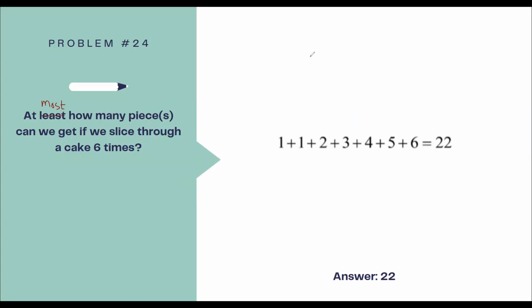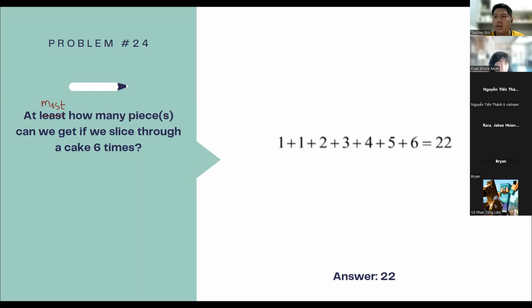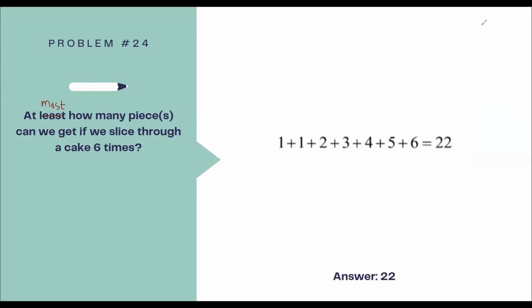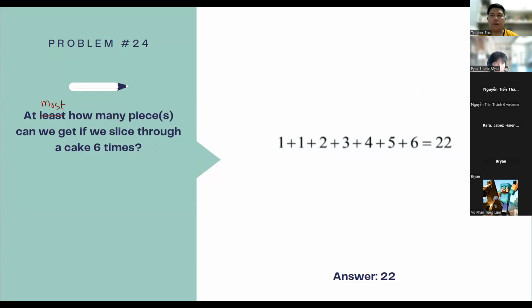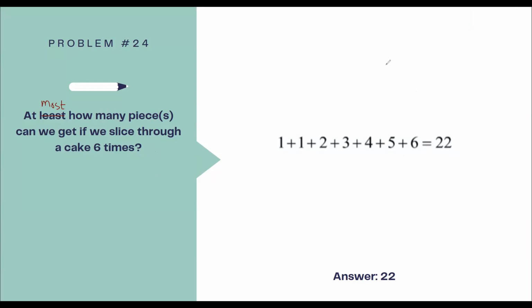Teacher, why 7? Why is 7 the answer for at least? Can you answer, Brian, why it is 7? It says at least, not at most. So since at most is the highest, and at least is the least, for this one, since 6 times, we can get 6 plus 1. Thank you for the clarification. I will take note of that one. So we can now proceed